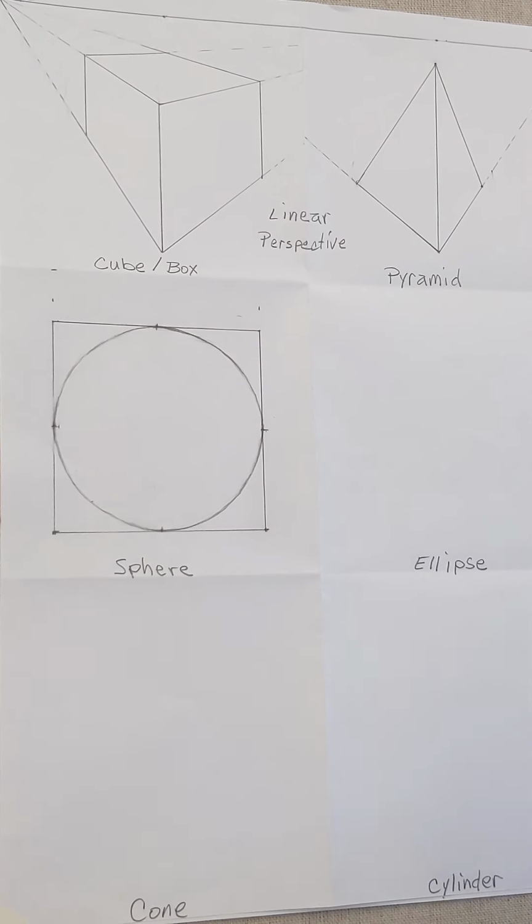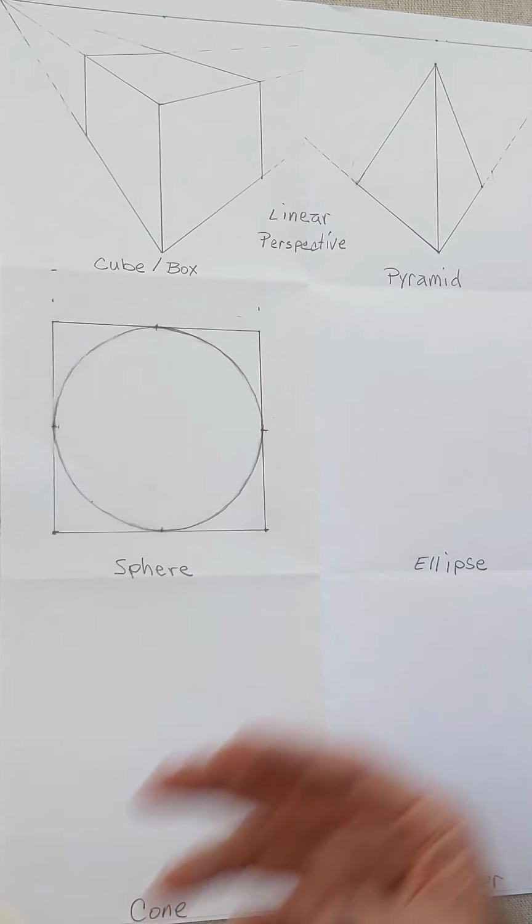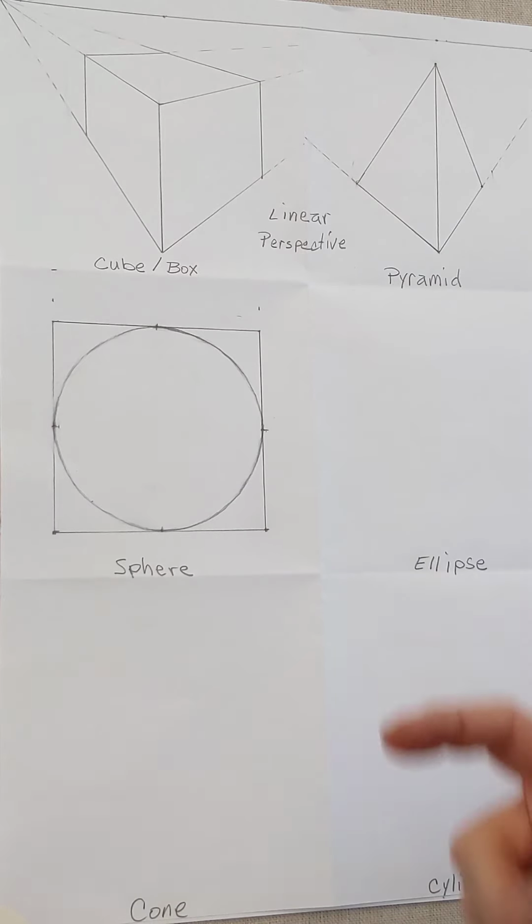All right, it looks like you're ready to move on to our next form. I just want to remind you, we'll erase eventually the box that the sphere is in, but if you can keep it there until we finish the ellipse, it'll help you to draw the ellipse a little bit more easily. An ellipse